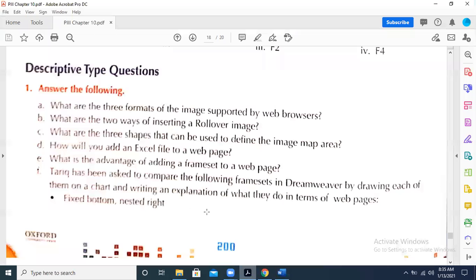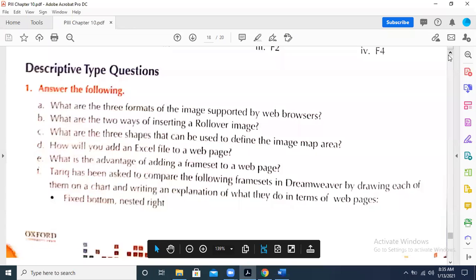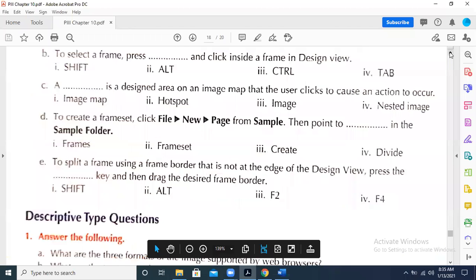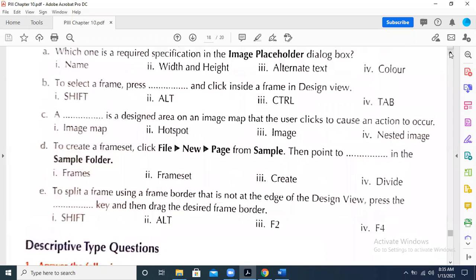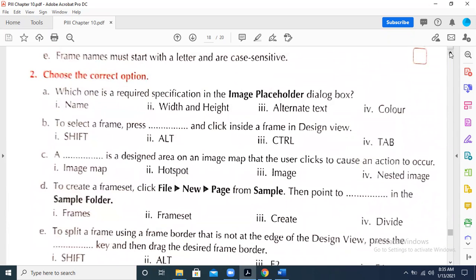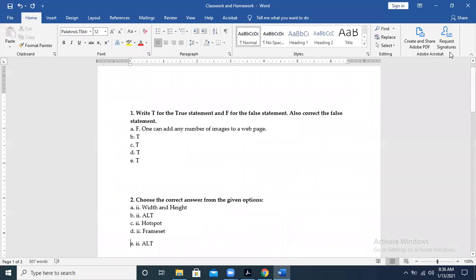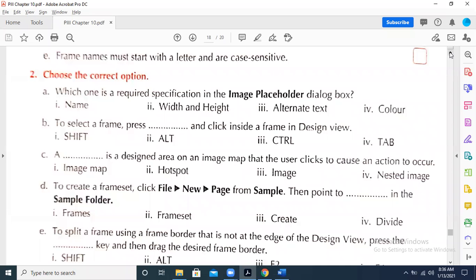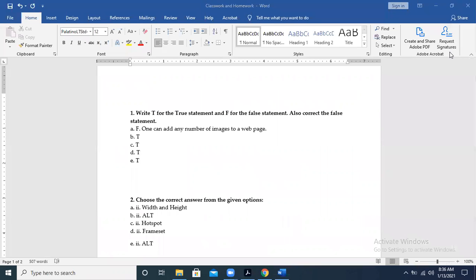Some things are there which are still not covered. Maybe some things we have not studied yet, but we will be able to, because I have to give the homework so that you can write in your copies. So I am just giving you this work, and the same work will be uploaded in your classroom.